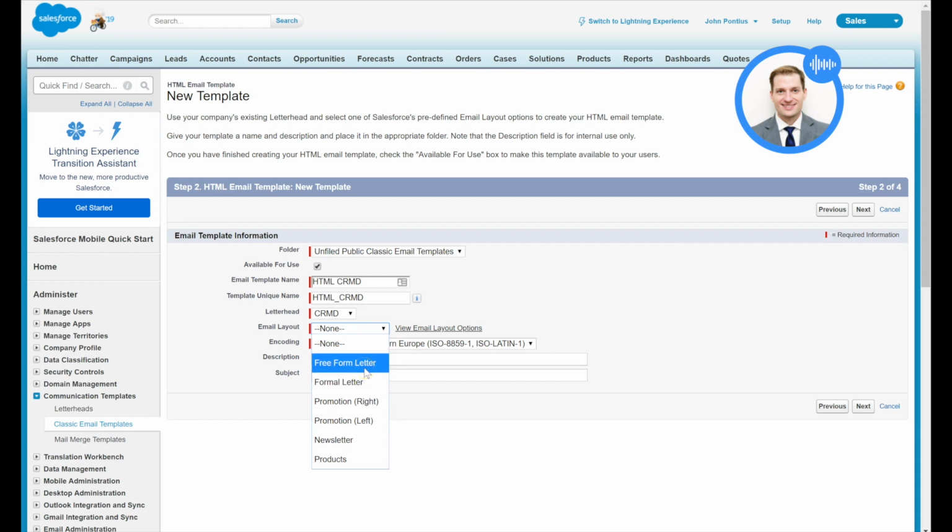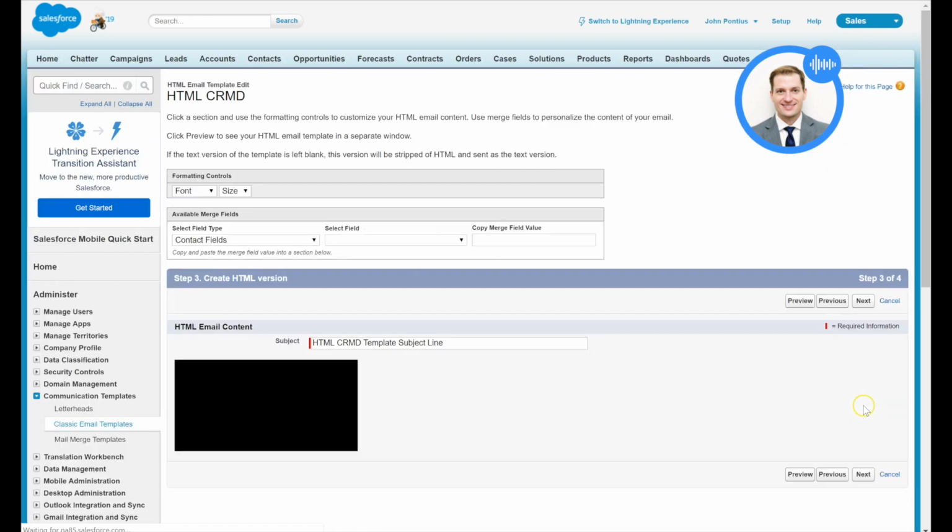Let's do a free form letter. HTML CRMD, just a quick description, and this is where I select my subject line. HTML CRMD template is my subject line in the email. I'll even just add subject line. Again, this is just for an example. Click Next,